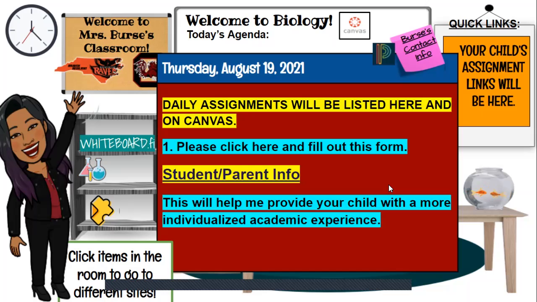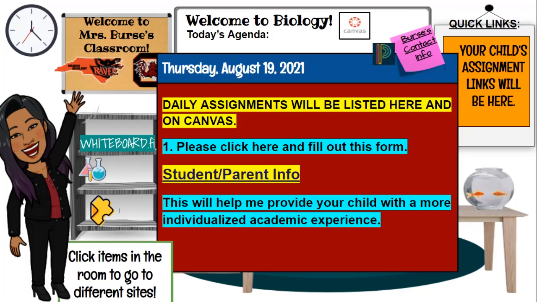Once you do that, it should take you to this part right here. This date is from the actual open house that we had last Thursday, so this is the same information. When your child comes into either honors biology or standard biology, they will have a digital agenda as well as the agenda written on the board.